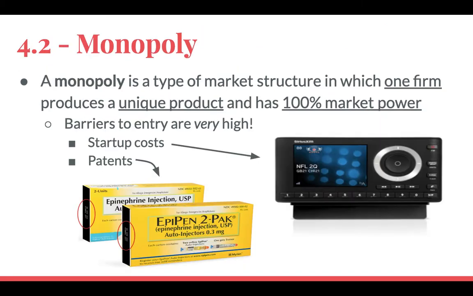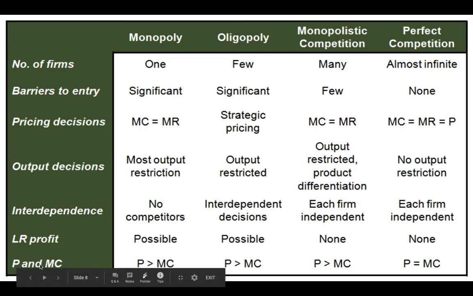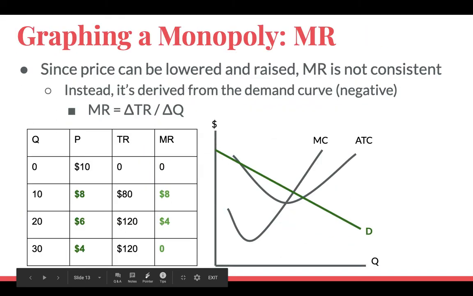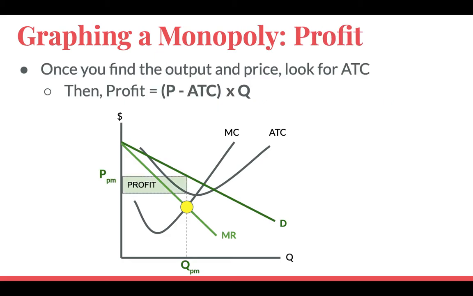But for a monopoly and every other type of firm in any other market structure, check out this bottom row here. It says price and marginal cost. It's talking about the relationship. In perfect competition, they're equal. In every other type of market structure, price is greater than marginal cost. What that means is that they are not achieving allocative efficiency. Perfect competition does. It naturally creates allocative efficiency. It is naturally socially optimal. That is not the case with any other type of market structure, specifically today, a monopoly.